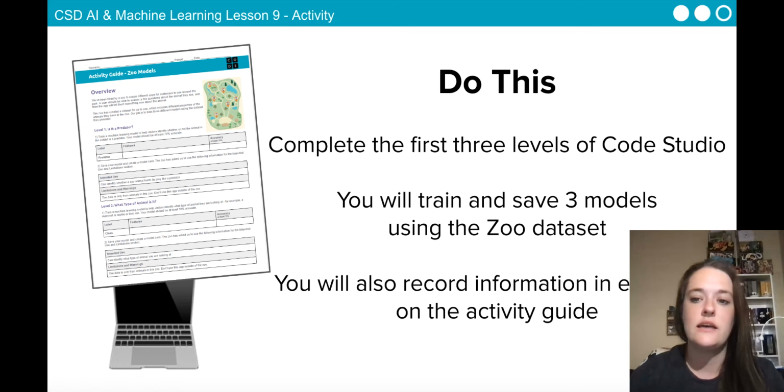Complete the first 3 levels of Code Studio. You will train and save 3 models using the zoo dataset. You will also record information in each level on the activity guide. If we look at the activity guides,